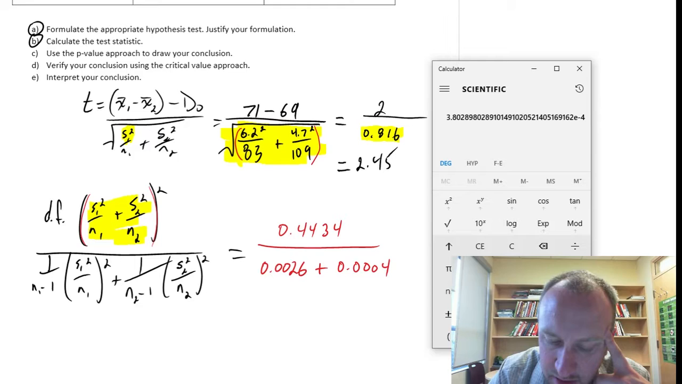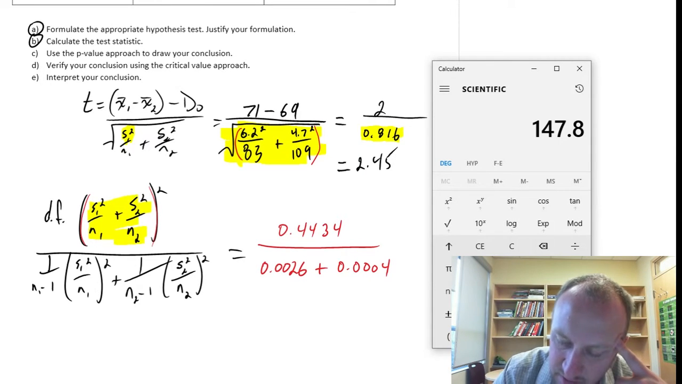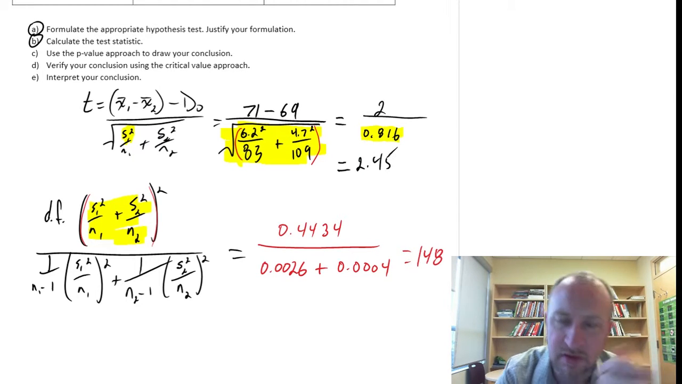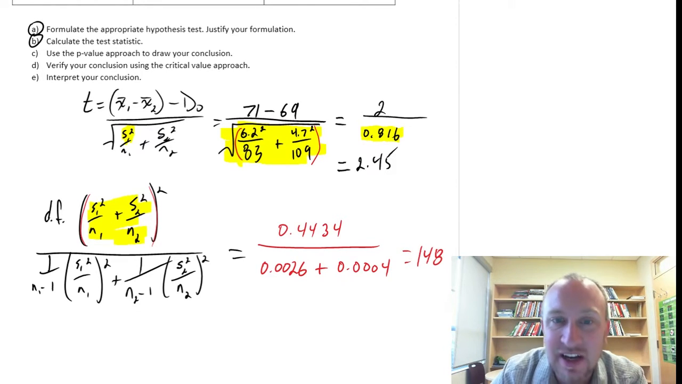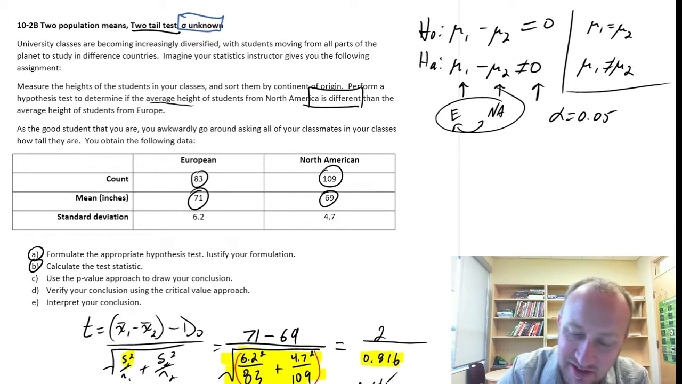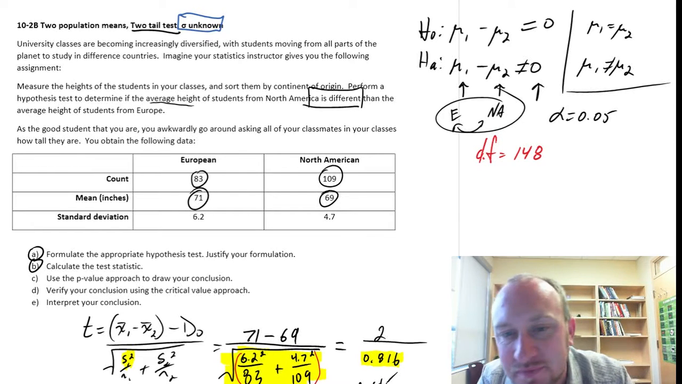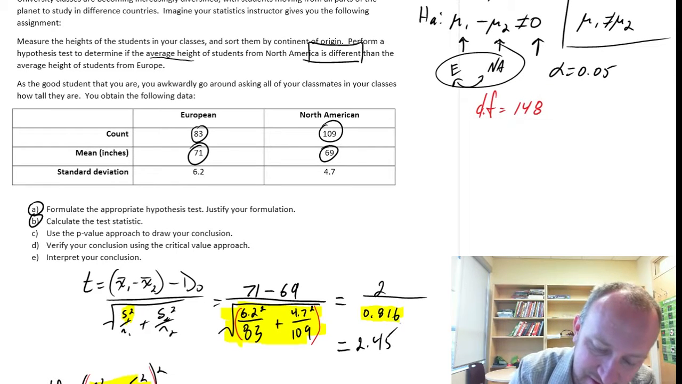Okay, and now we can perform the rest. So 0.4434 divided by 0.0026 plus 0.0004 equals 148. Whew. Okay, tedious calculation just to get the degrees of freedom. So now we have our degrees of freedom for this exercise: 148. Okay, and now we can go look for our test statistic on the t-tables,